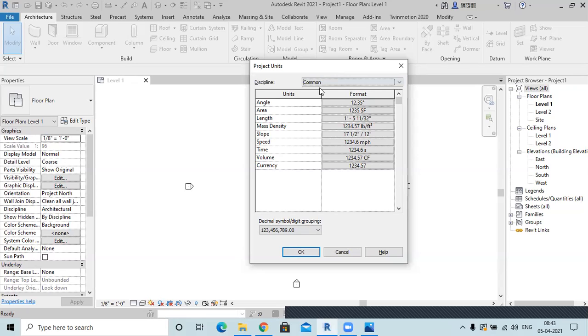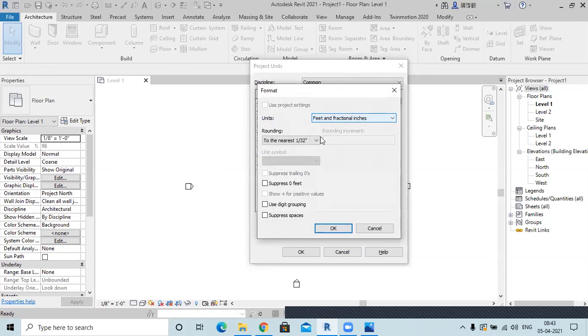So first you have to set your unit preciseness, that is how much rounding you need, how many fractions you need. I'll take this to 1 inch, which is the nearest I want to go, because I can go less than that, but then all the dimensions will be in fractions, which will be pretty difficult to understand, and we are not going to create a project in which a very high level of preciseness is required.